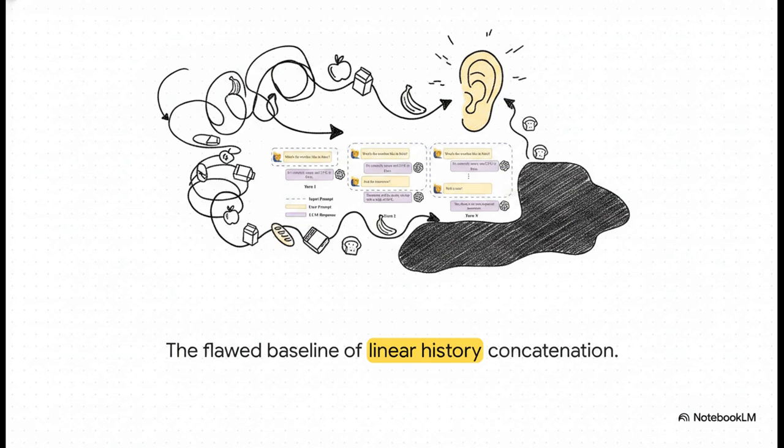Well, a complementary paper from Beijing University of Posts and Telecommunications offers an absolute game-changer of a solution. But to get why it's so good, you have to understand the baseline, which is called linear history concatenation. That's just a fancy way of saying the system copies and pastes your entire chat history into every new prompt. Imagine someone shouting a huge, ever-growing grocery list at you for an hour, and then expecting you to perfectly remember item number 4. It's impossible. It just leads to massive context bloat.